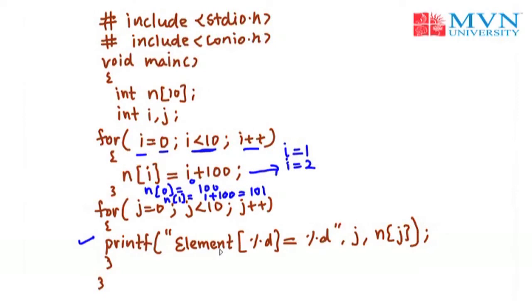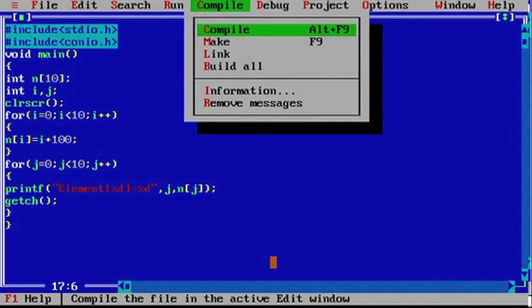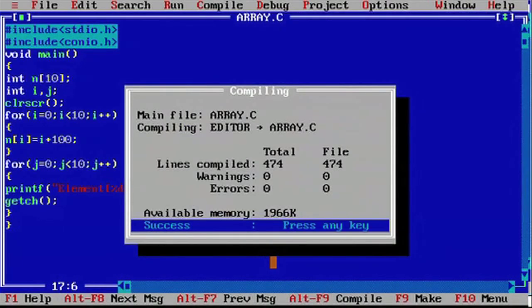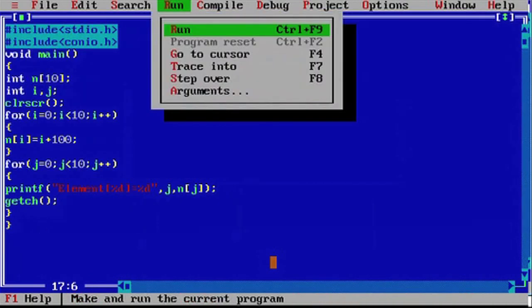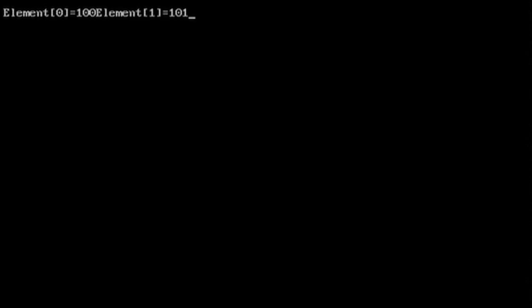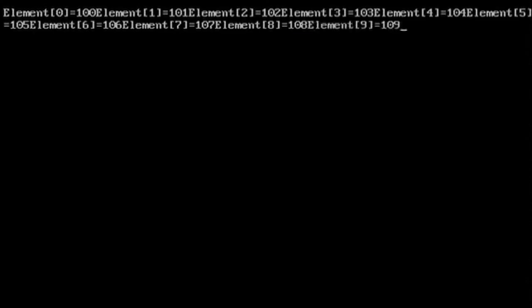Now let's run this program on the Turbo C software. Compile this program first. There is no error and no warning. Then run this program. Here you can see the output: all elements of the array are printed like this.